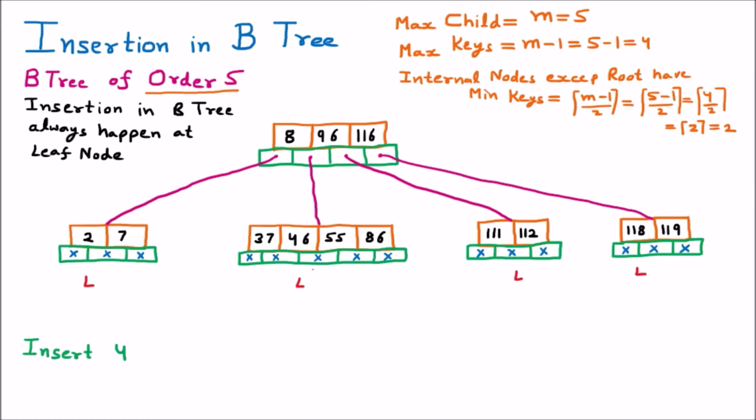Now we should see what the property of the keys is. We know that there should be a minimum of 2 keys in an internal node, but there is no internal node here, these are the leaf nodes, so no problem, we are not considering this property. Afterward we are going to check another property, that the maximum keys should be 4, and we can see that in this node the values are 2 and 7. So 4 is coming in between. That means at this place 4 will come.